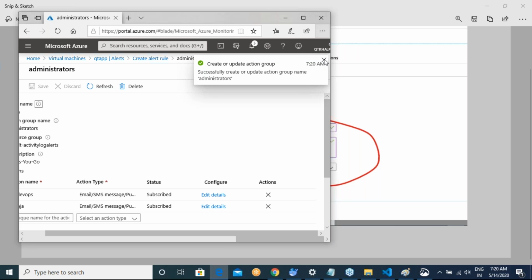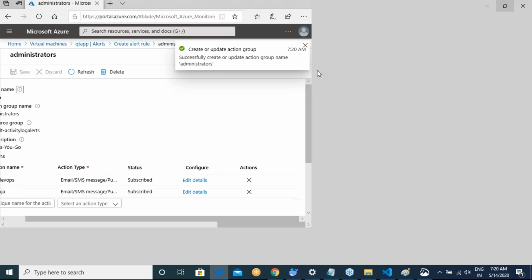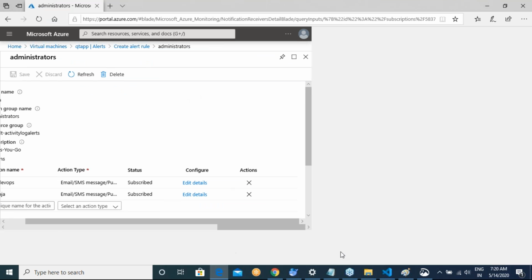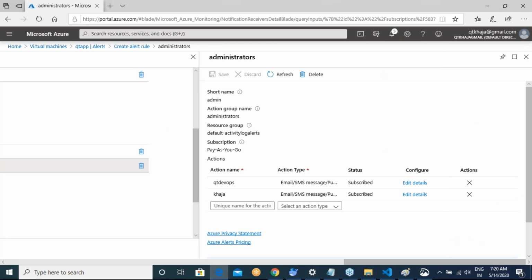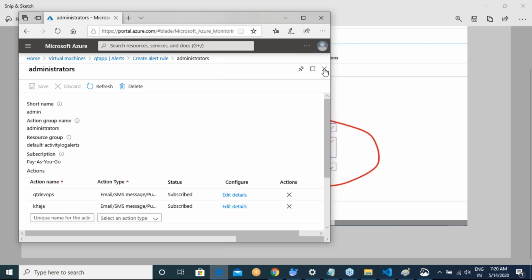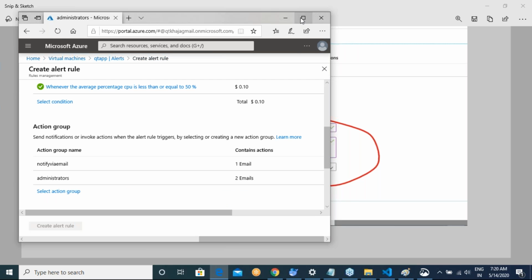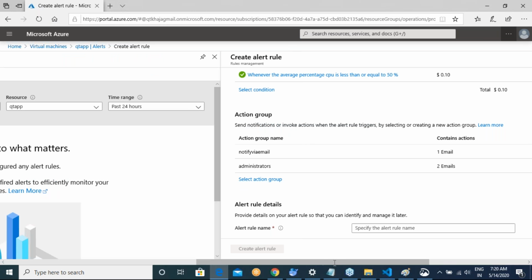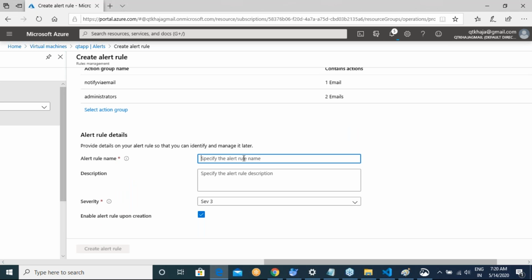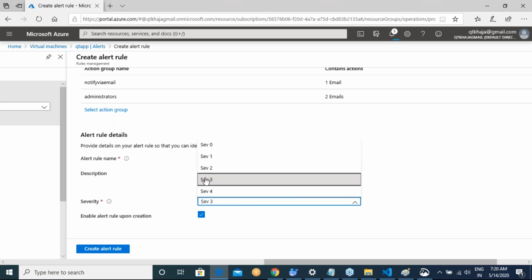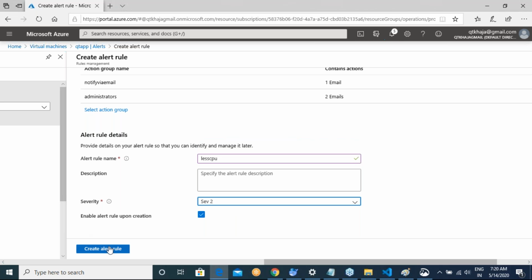Let me go ahead and close this. Now what is your alert rule name? Less CPU used. Severity is 2, and I'll click on create alert rule.